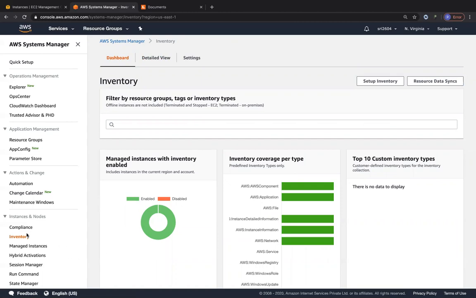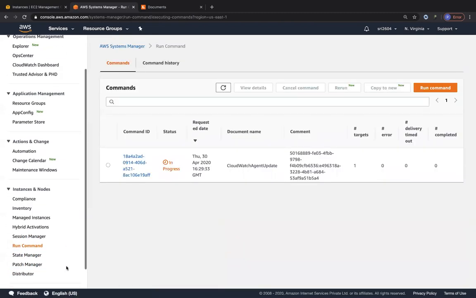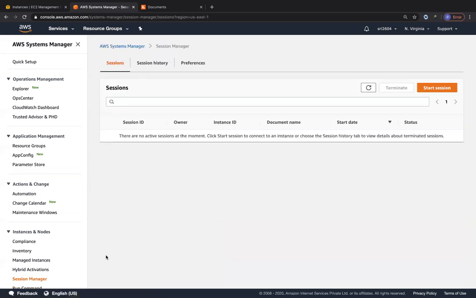So these are the three things that we saw today regarding Systems Manager, where we saw a basic introduction to inventory, how to run specific commands based on documents that they had already given, and how to do a browser-based SSH session and so on. So I'll open this for any kind of questions that you guys may have. Okay.